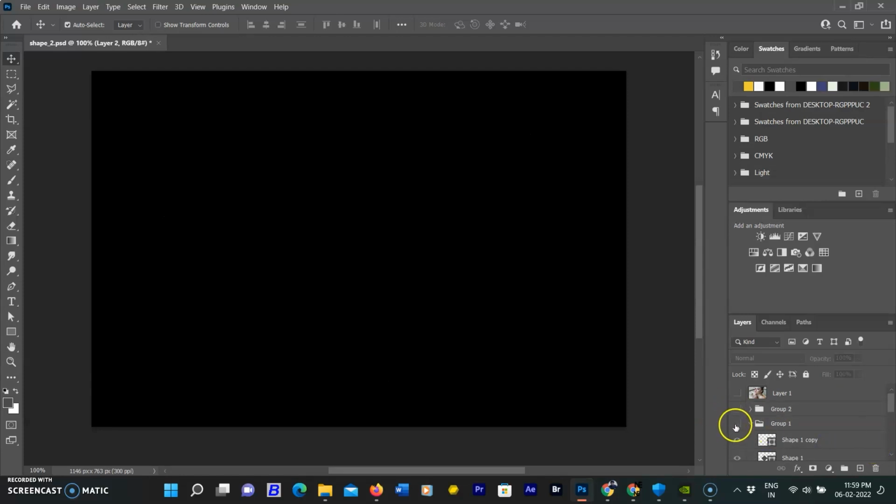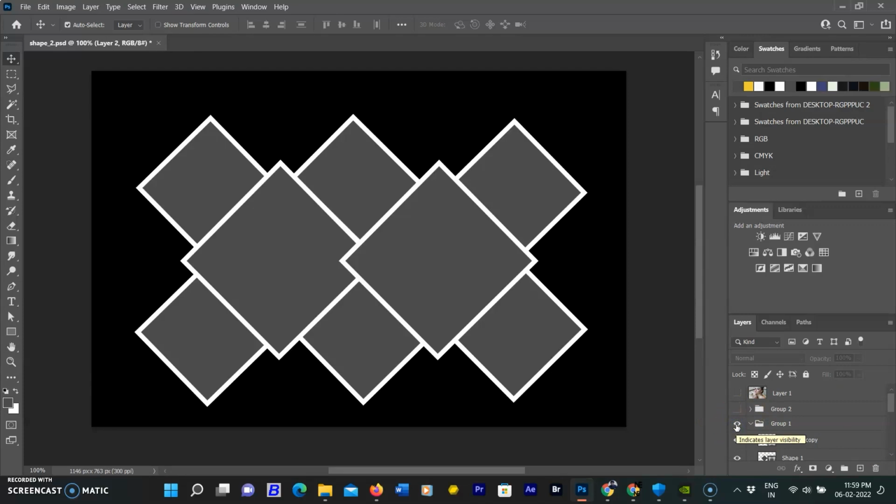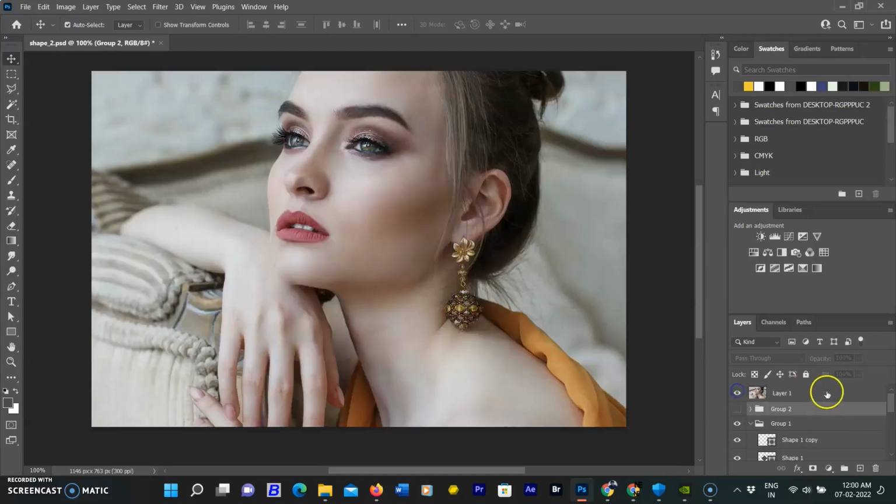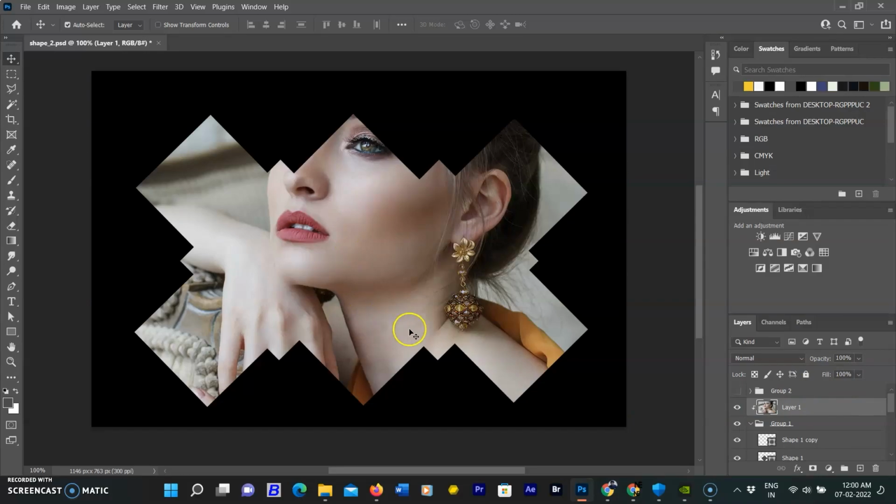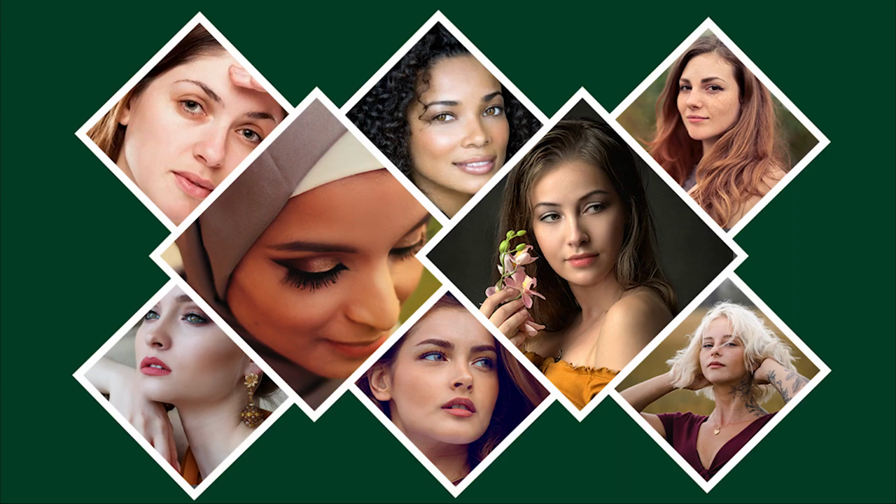I am moving all shapes into the one group that I have already created, so all the 8 shapes are in one group. To save time, I am showing you a collage that I have already created by arranging all 8 shapes. You can also arrange them according to your requirement. In this document, you can see I have arranged 6 small shapes on the side of the 2 big shapes. Now I will show how we can use these shapes in two different ways. In the first method, you will see how we can give a custom shape to our image. In the second method, you will see how we can add 8 different images in the 8 shapes as a collage.